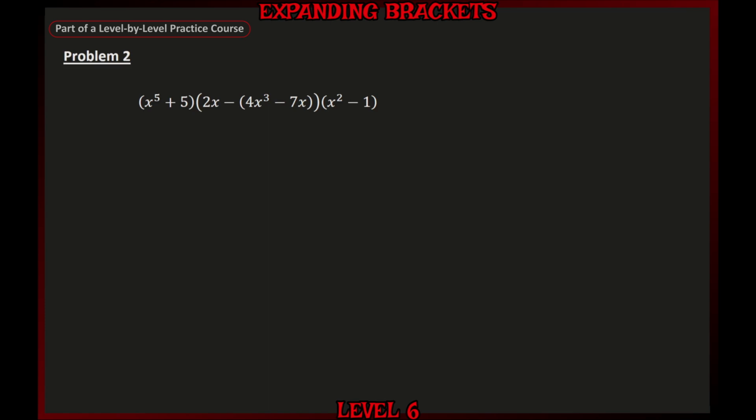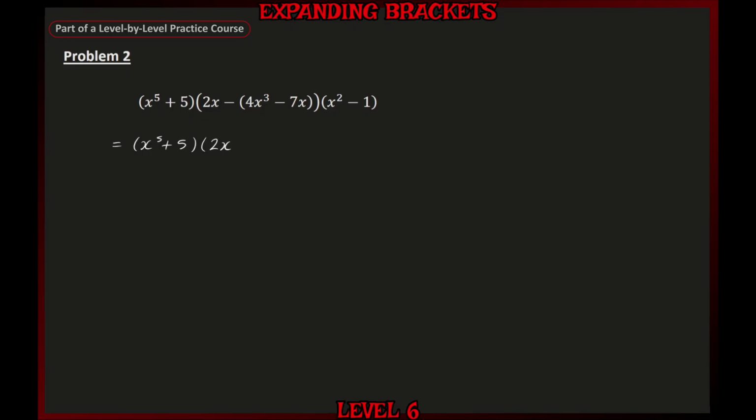In problem 2, we're expanding and simplifying this expression. Now looking in the middle bracket, we can see that we have a bracket within another bracket. And the easiest way to deal with these is to start with the innermost bracket, expand those, and work our way outwards. So ignoring the first bracket, we have x to the power of 5 plus 5 multiplied by 2x,